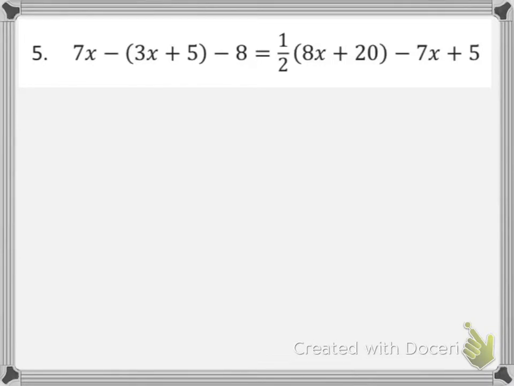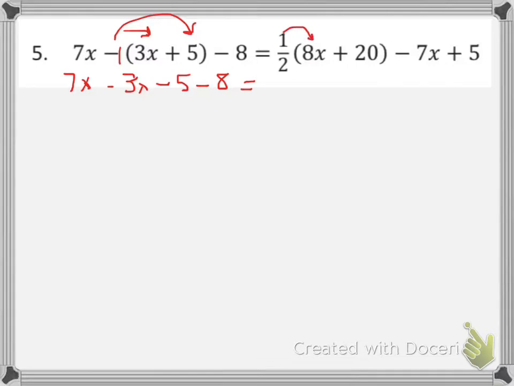Here we go again. All right, let's see. 7x. This is a -1, remember? -1 times 3x is a -3x. -1 times 5 is a -5. And then we also have this -8 that's not included in the distributive property. It's not inside the parentheses, so we just list it. Equals